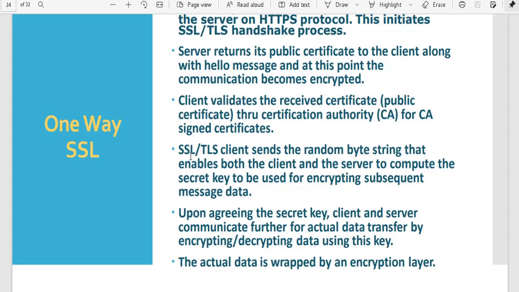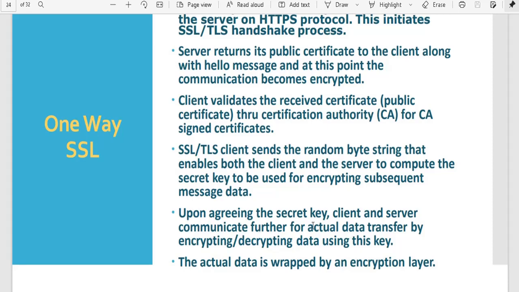So the pre-master key process will happen here. Once the certificate is valid, the client will send one sample message and that pre-master secret key, or shared secret key, to the server. If the server is able to decrypt that pre-master key with the server private key, then they can assume they can communicate securely with one another.